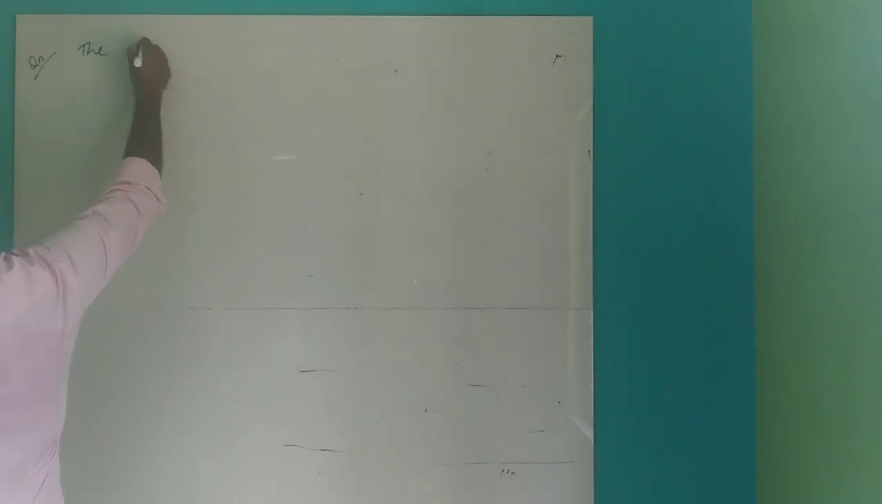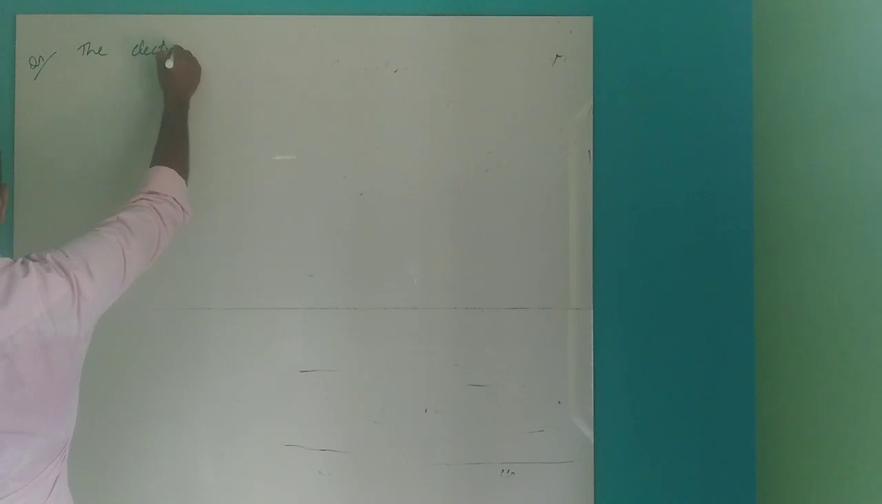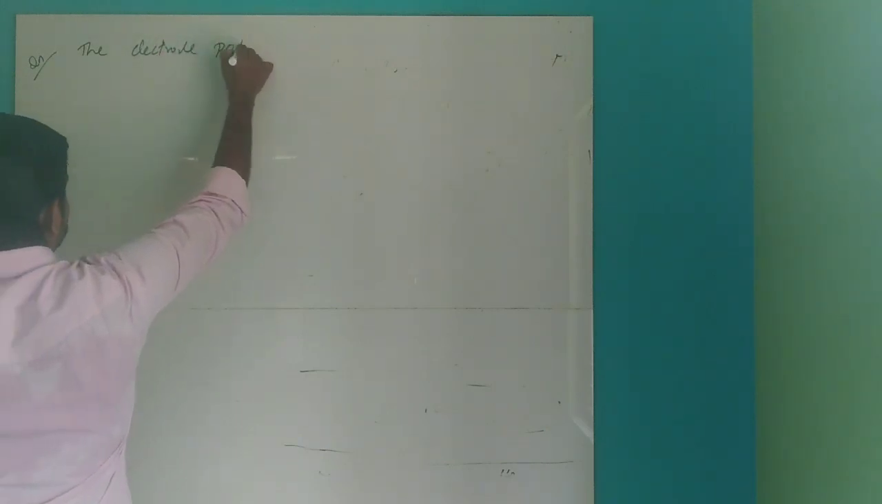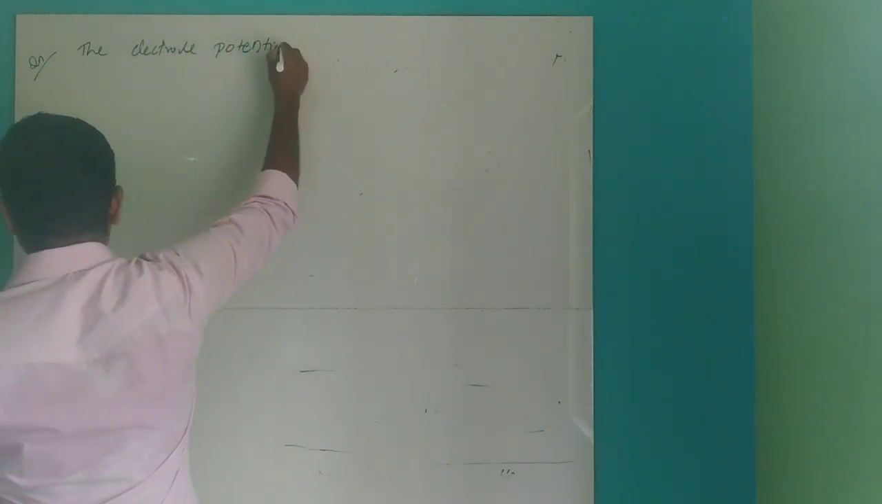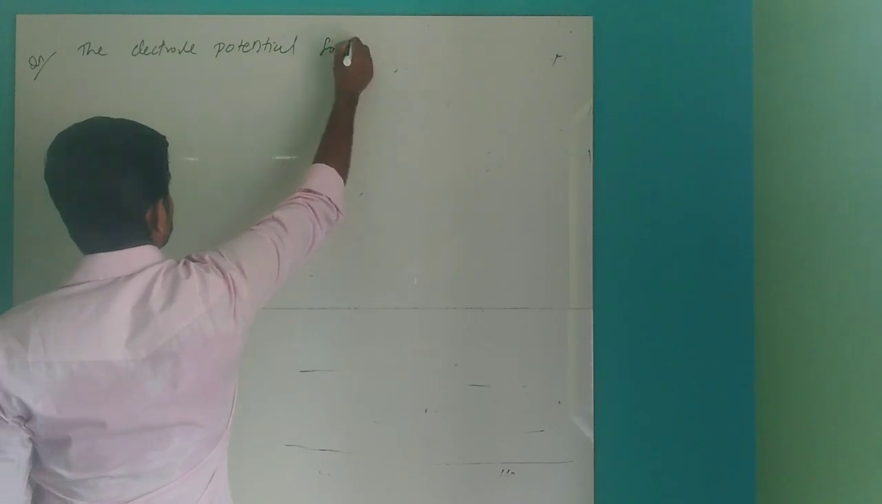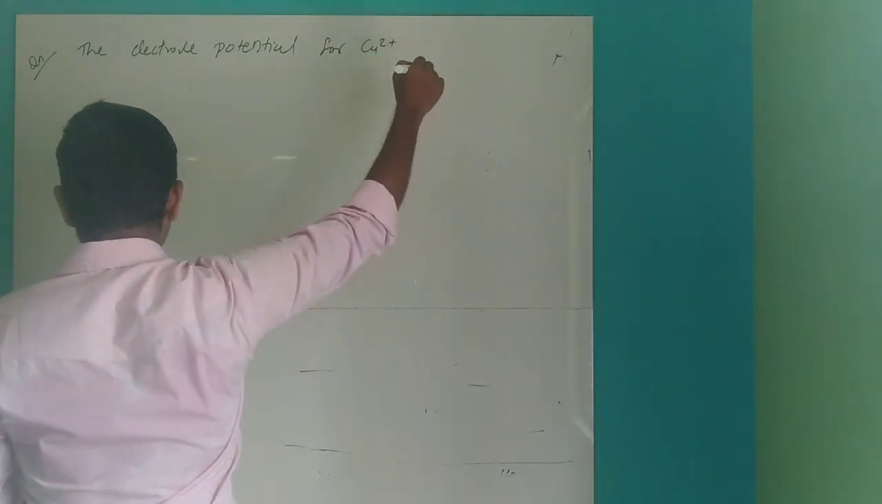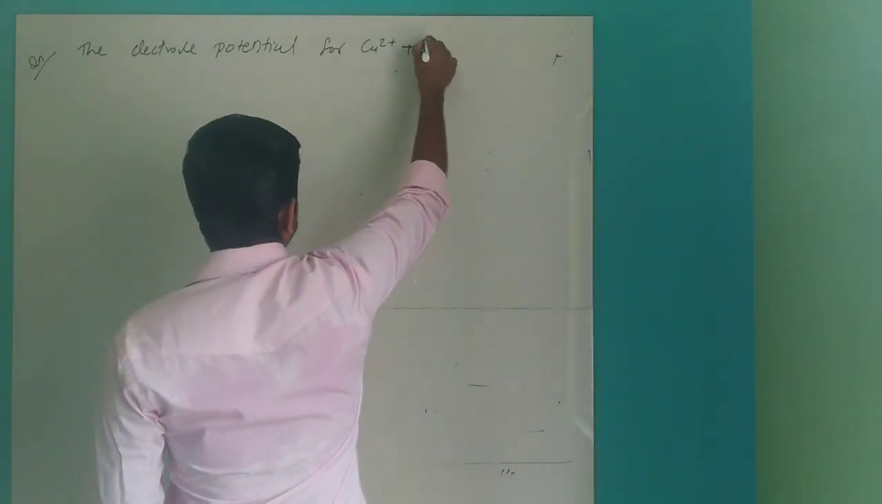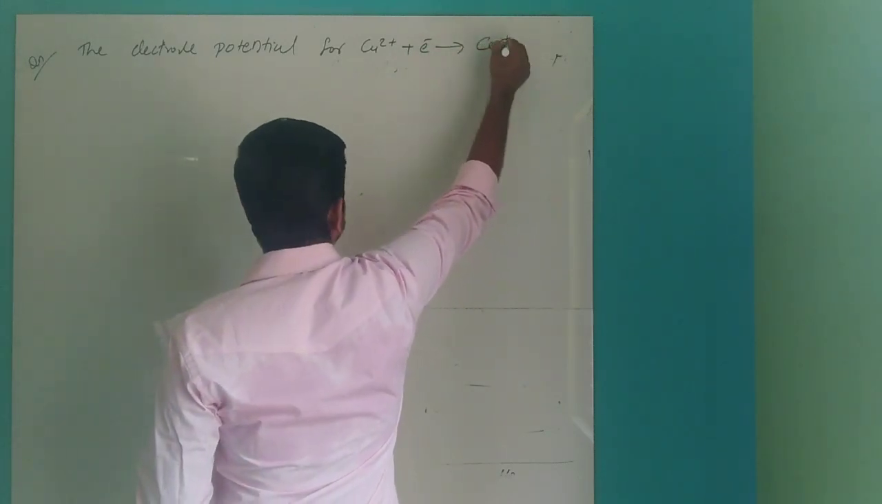Moving to another problem. Another problem. So the next question is: the electrode potential for Cu2+ plus electron gives Cu+